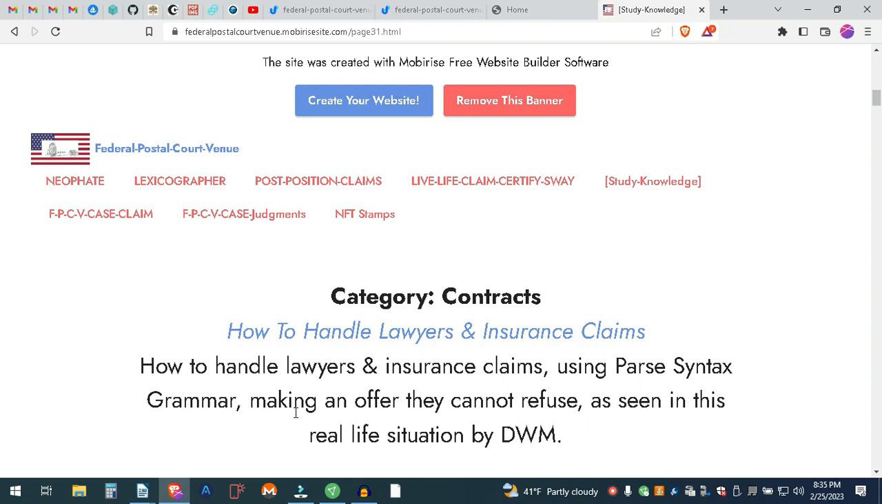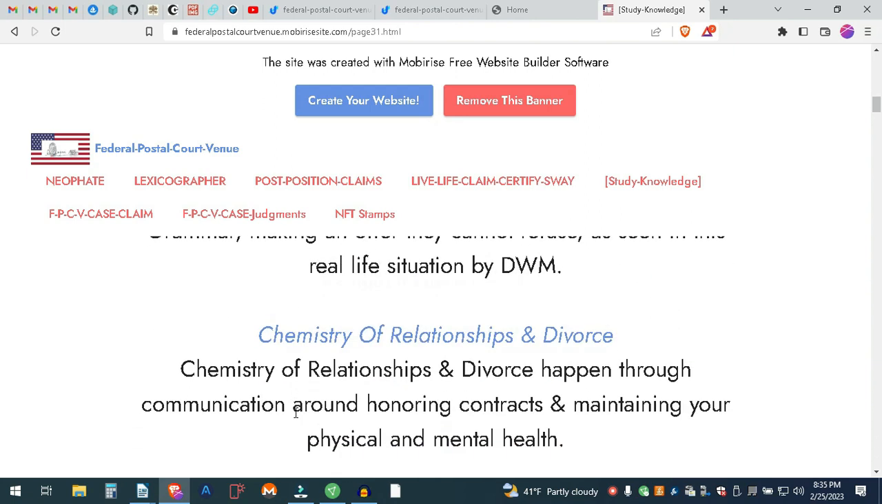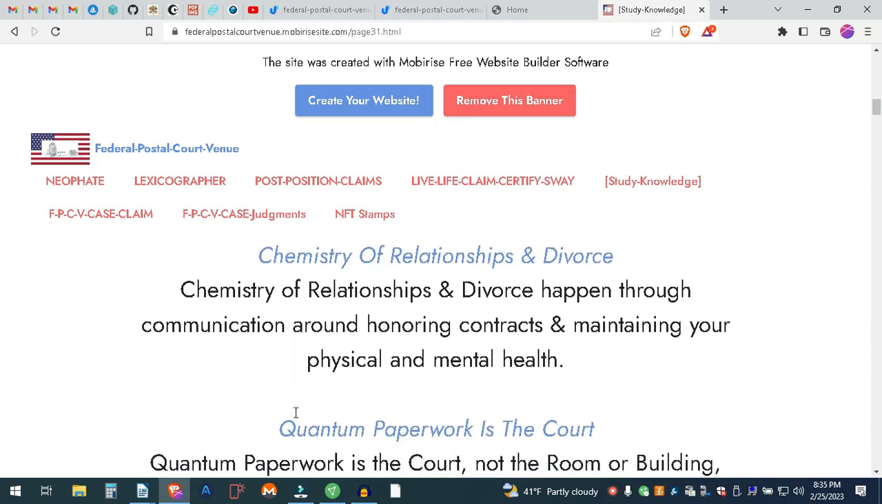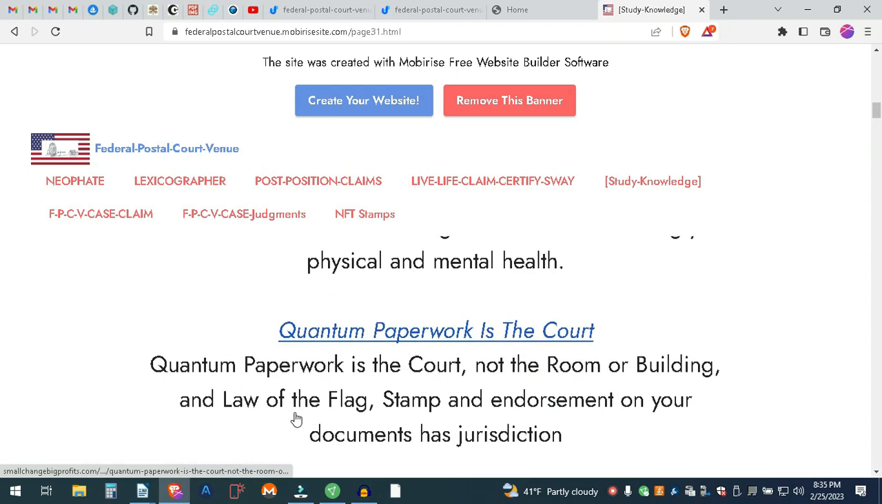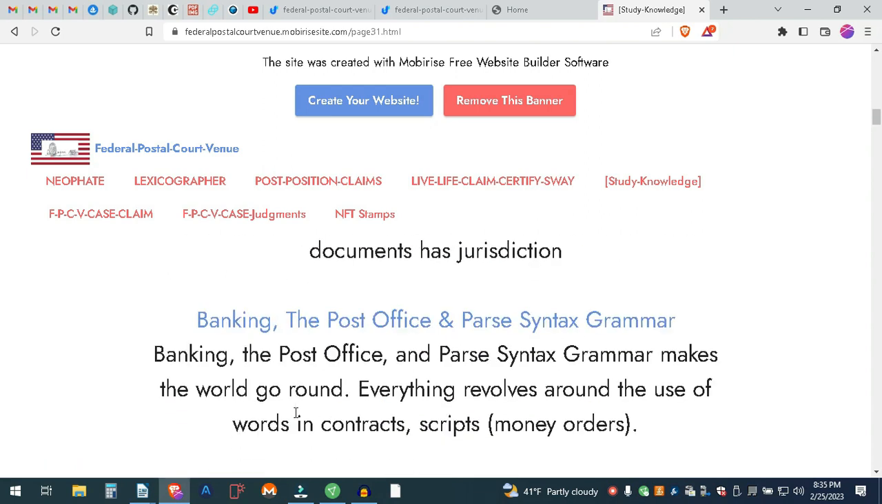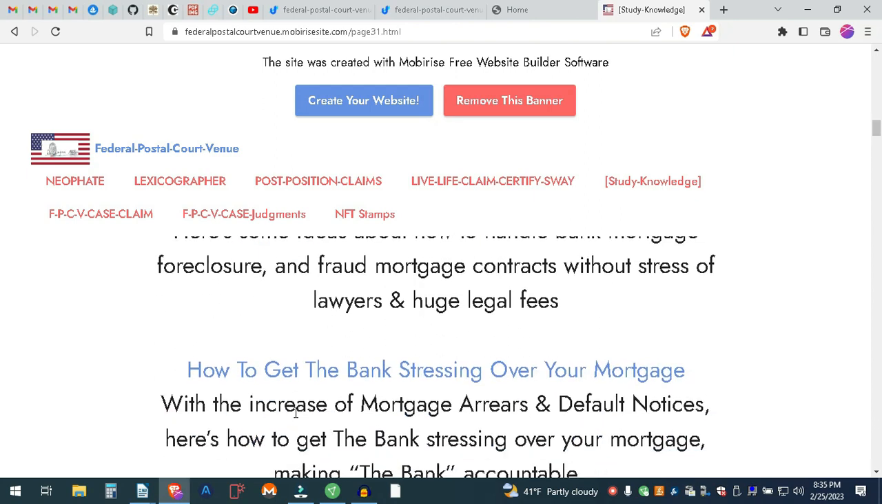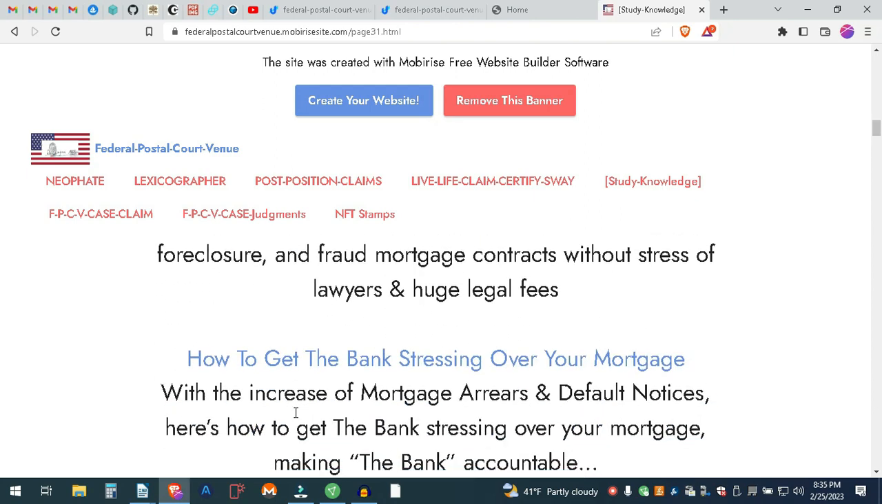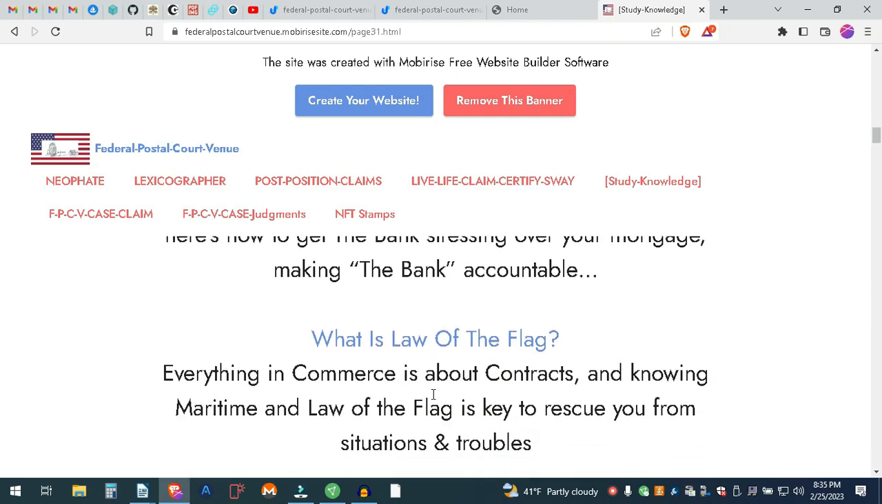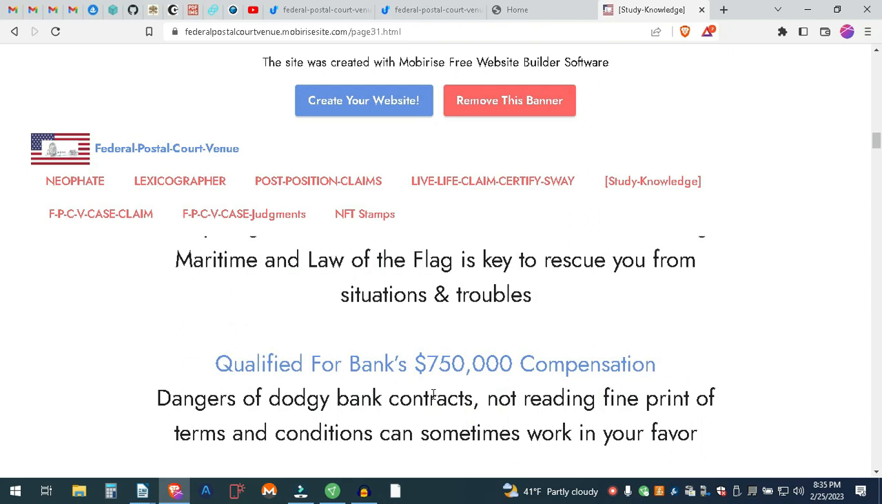How to own your freedom. 5-second proof God exists. When nothing is as it appears. How to handle lawyers' insurance claims. Chemistry of relationships and divorce. Quantum paperwork is the court. Banking, post office, parse and text grammar. How to handle bank mortgages. How to get the bank stressing over your